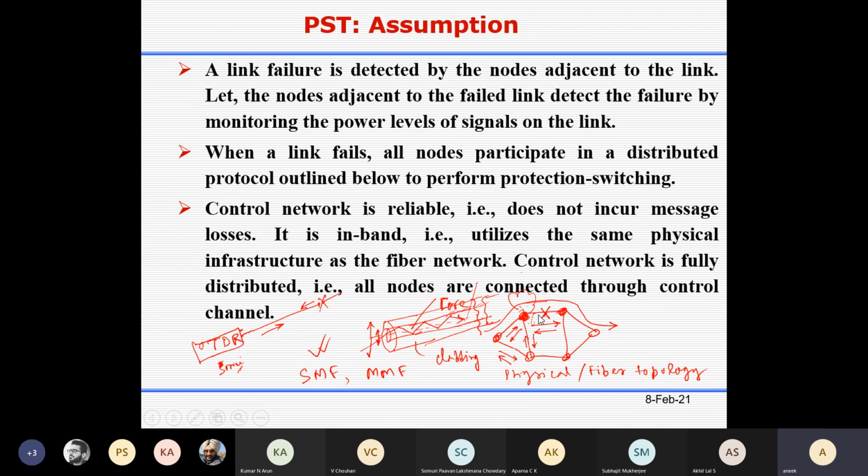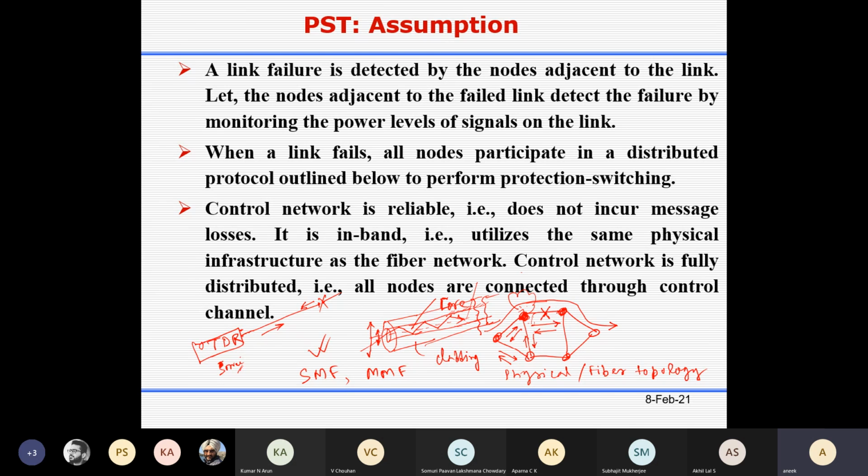So what they can do is set up a control channel but not dedicate the entire wavelength for this purpose. Over this wavelength they can use some time slot, say the first time slot for the control channel. They may not use the complete wavelength, because on a wavelength channel you can send data at a very high rate.